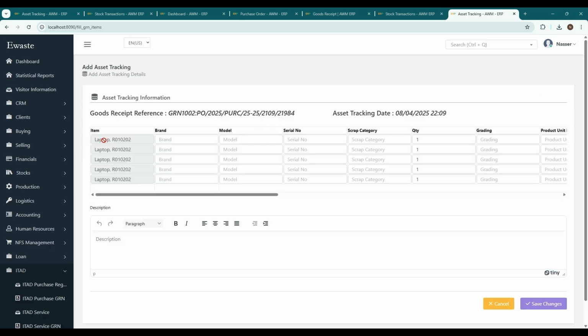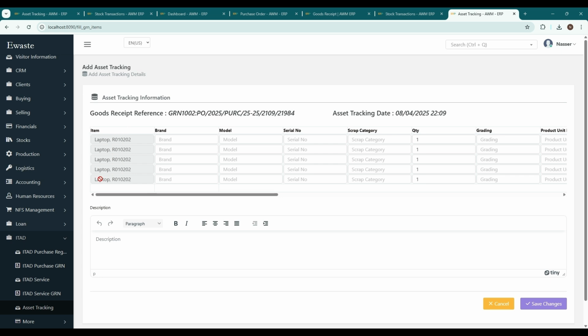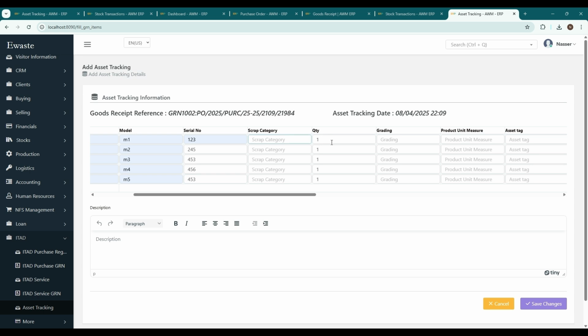In the next screen, automatically, as we have received 5 laptops, the 5 rows will be added. So in the 5 rows, we can select all the values over here, the brand that we have received, the models, what are the serial numbers of that one. I'm just putting some dummy values over here. What is the scrap category? What are the quantities? By default, the quantity is selected 1 because we have received 5, and here we have